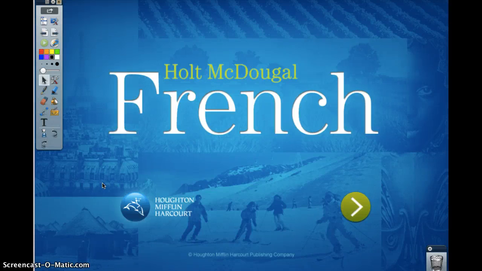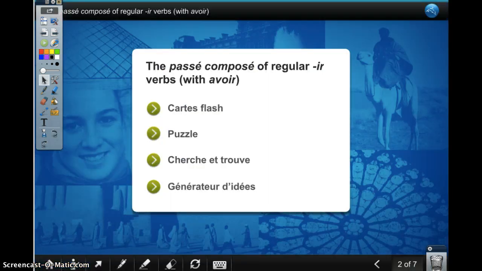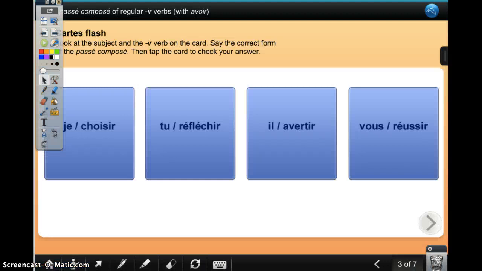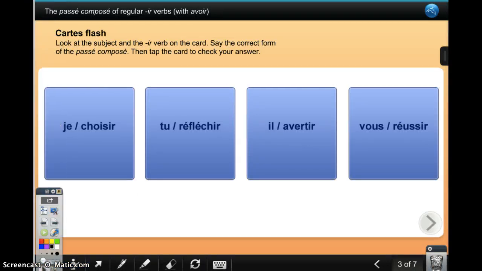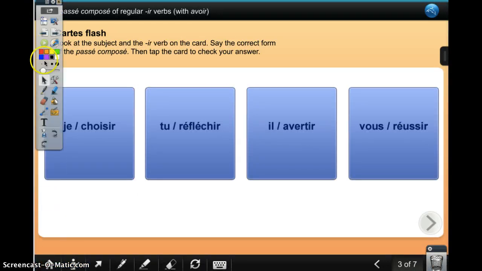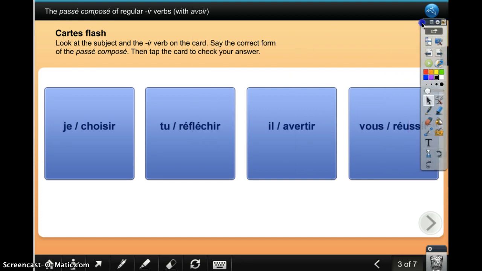This is an example of a flip chart I would use in my classroom. Those flip charts are already made by Discovering Blue, Holt McDougall. Those flip charts are very good because they go through the grammar. So I would project this in my classroom, and then the student would come to the board, the other student